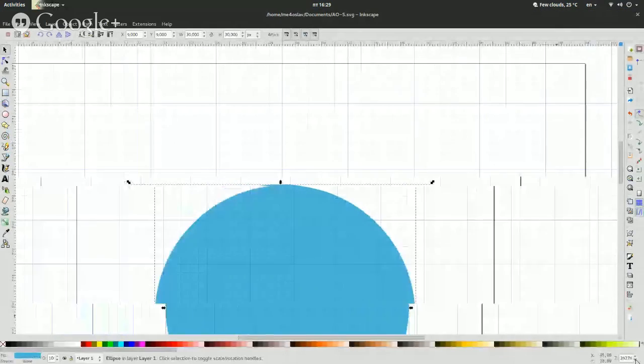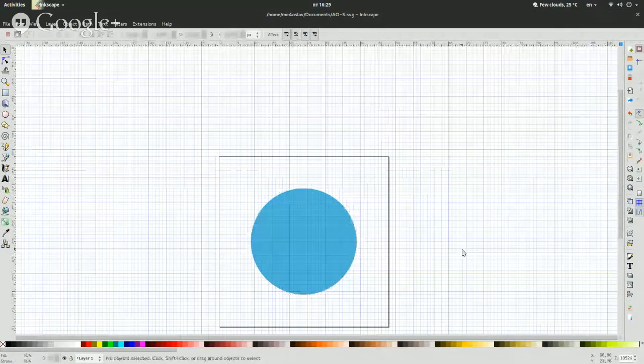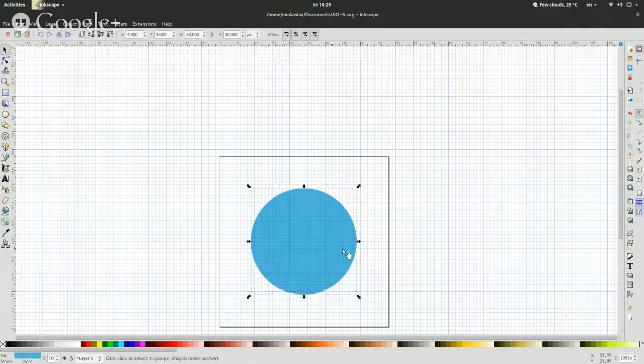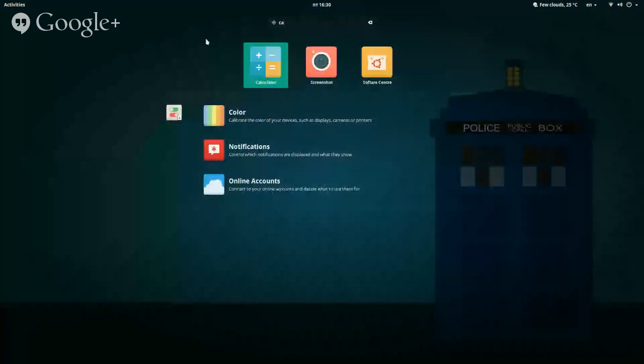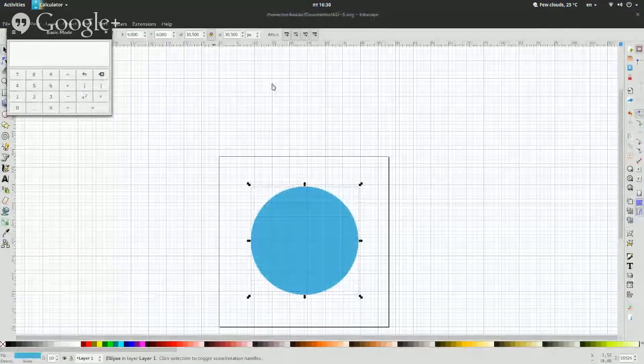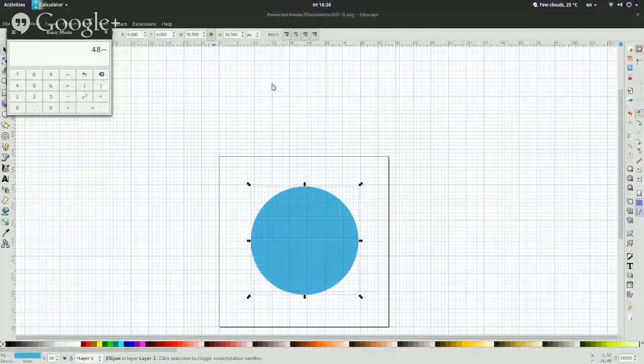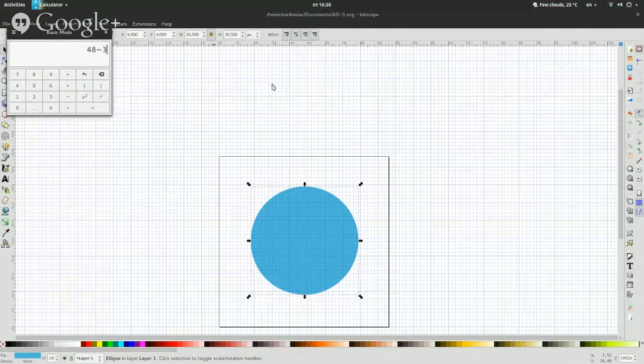So, let's go back to our test circle object. Now, what you need is to actually duplicate that, like this. So basically now you have 2 copies. Now you have to make it bigger than the stock object size. So we are going to make it 30.5. Now you have to center it. How you center it is easy. You do the math. We have a 48 pixels SVG file minus 30 point